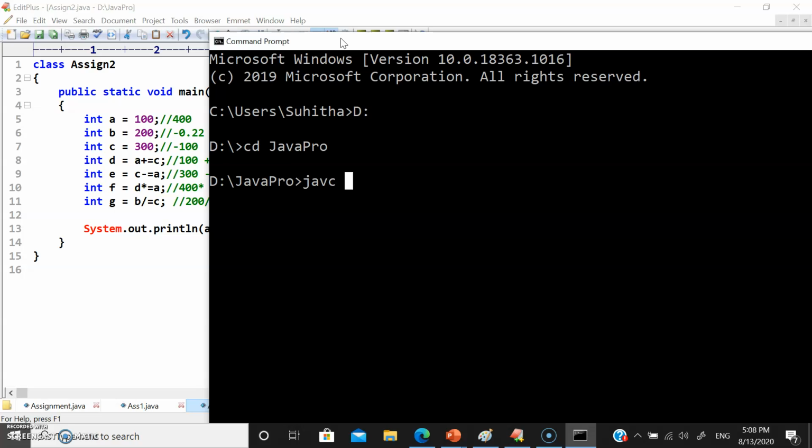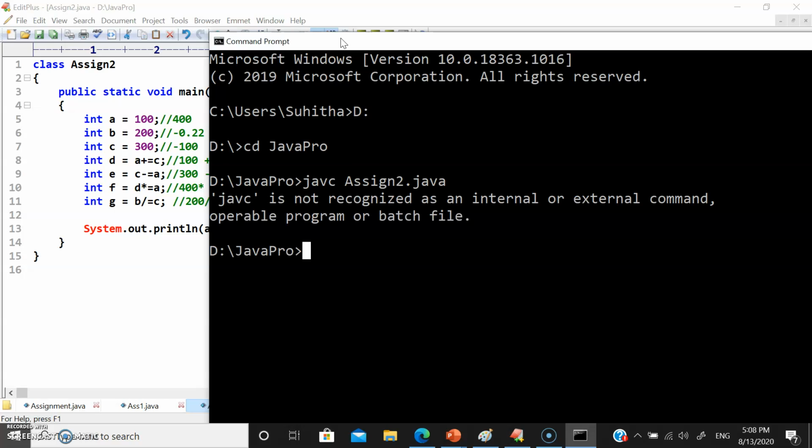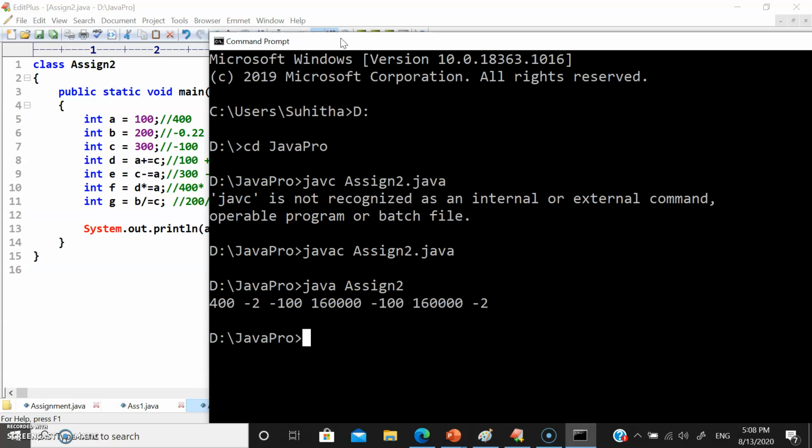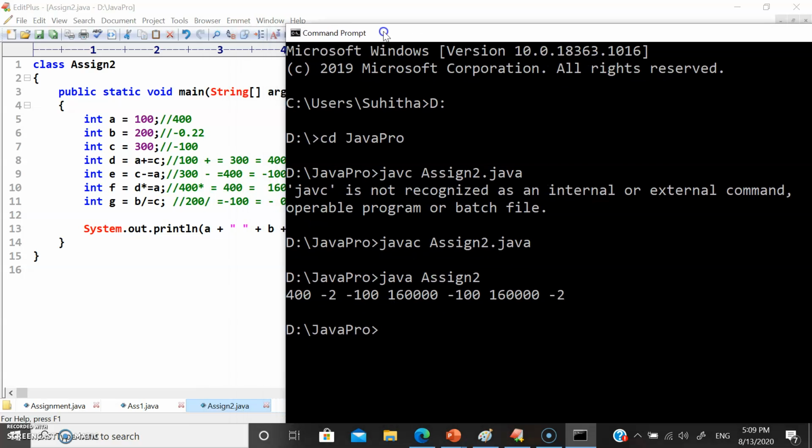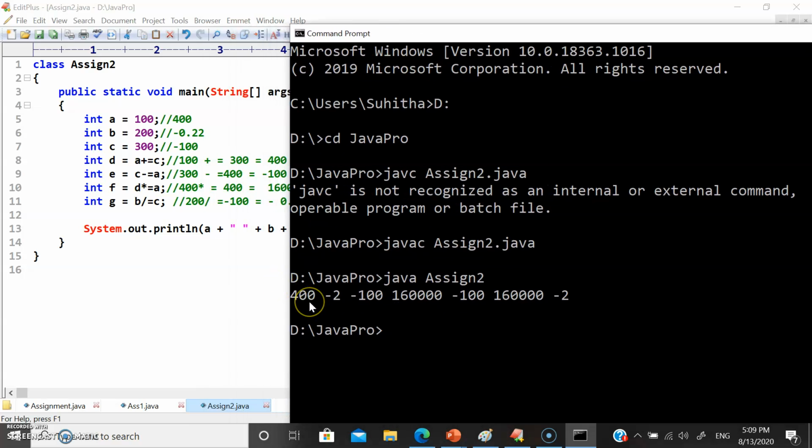Call your compiler to check the program. Okay, the spelling is wrong, so it's throwing an error. javac assign2.java. Perfect, no error. Call your JVM to run the program. So we got 400, right? So the a value is 400.